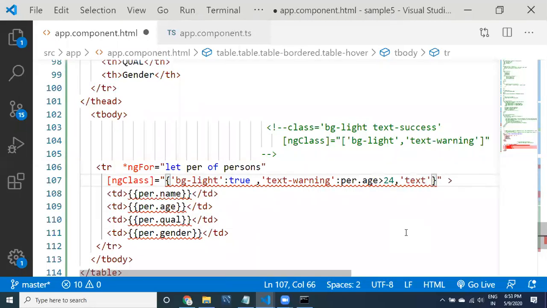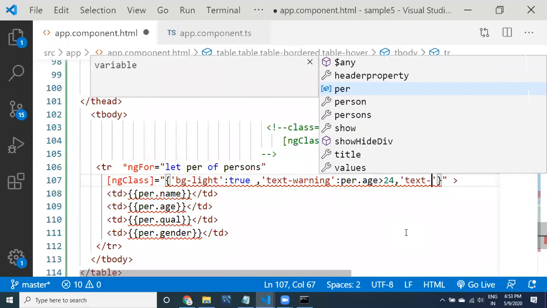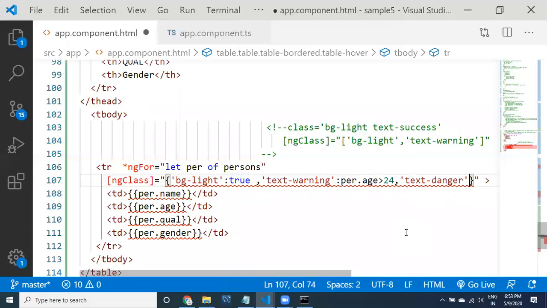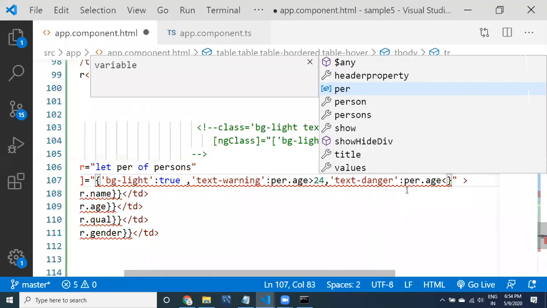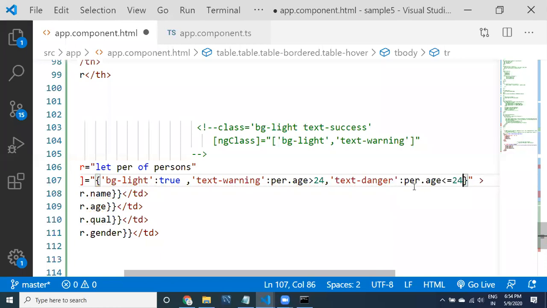Let's look at it, guys. Text hyphen success or text hyphen danger. Okay, text hyphen danger. So here the same, PR dot H less than or equal to 24. See here, guys, if this gives you true, this color is going to apply.